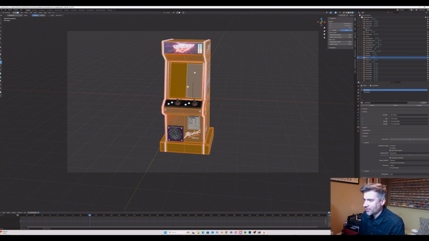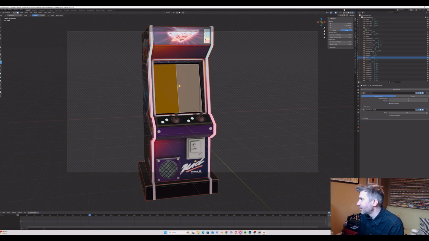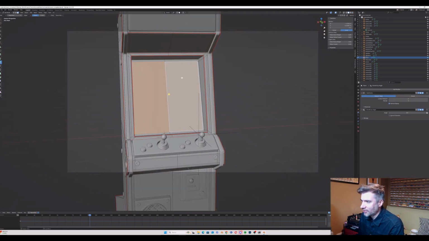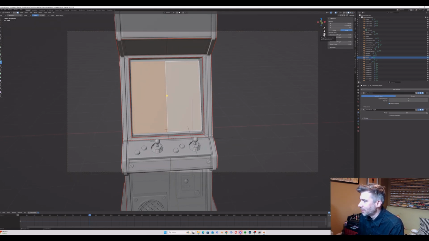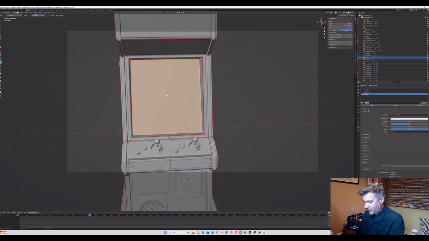First thing we need to do is go into edit mode and select these faces. I'm just going to turn off, let's go into this view and just zoom in so that we can select all of these. And go back to our materials button. We're going to make a whole new one here called screen,